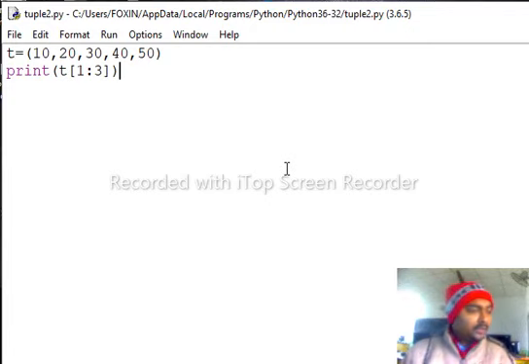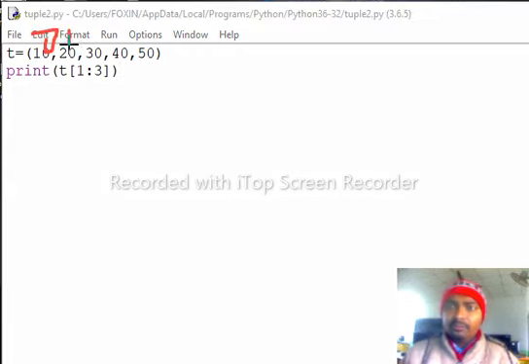okay, the next point is the part of accessing elements of a tuple with the help of index position. Keep in mind, I want to put the index position of each and every element. There are 2 ways possible of passing the index position of each and every element. First one is forward indexing, we can see here, that is 0, 1, 2, 3 and 4, and the backward index position is